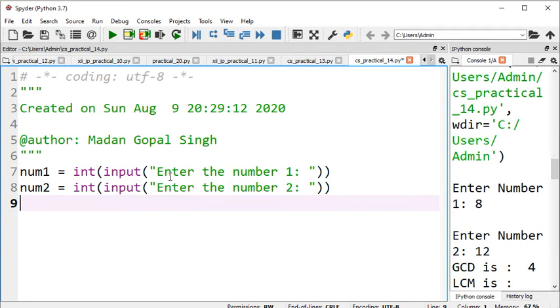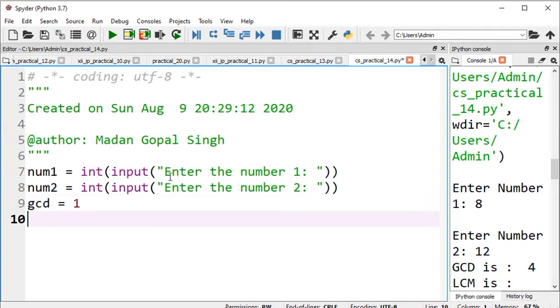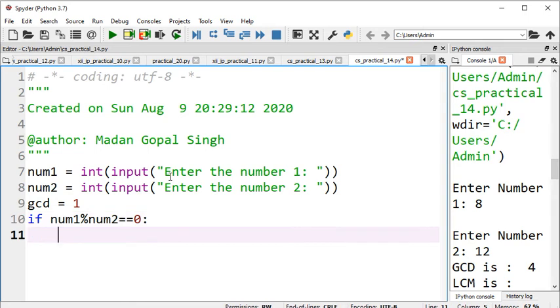And then GCD you are assuming as 1. If number1 % number2 equals 0, then directly you say GCD equals number2. I already showed you how it is possible.